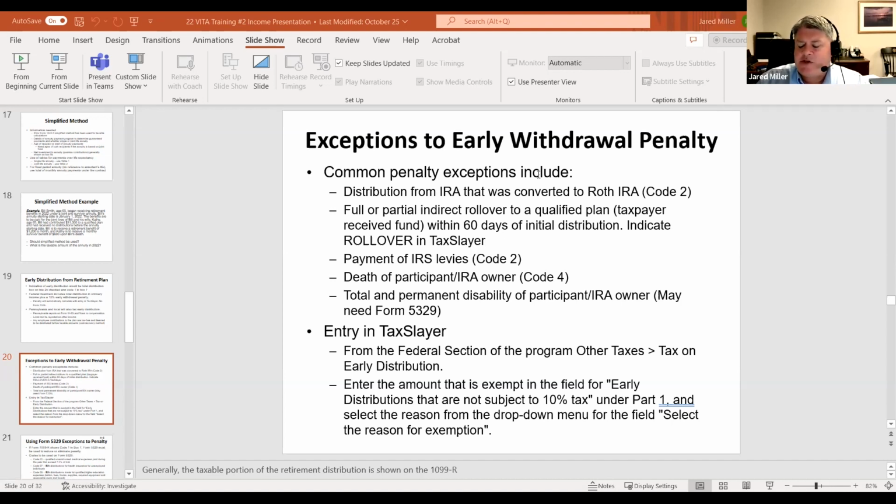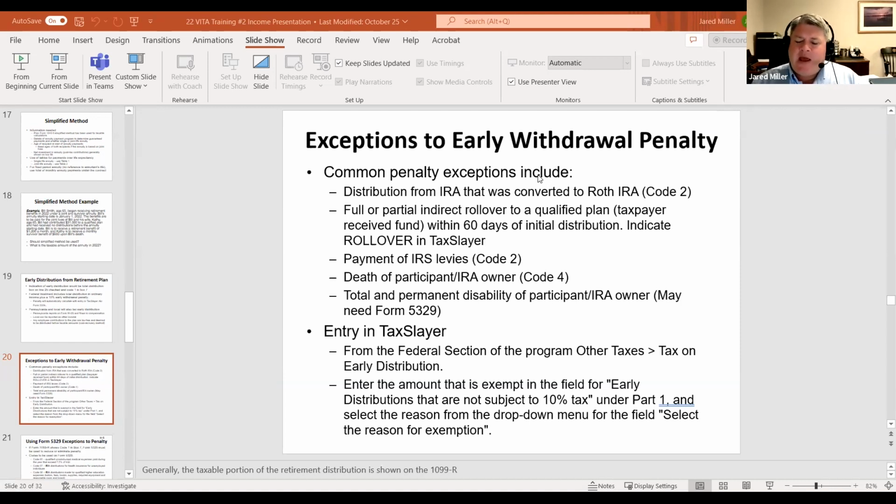We may see that you have a distribution from an IRA to convert to a Roth IRA. A very popular planning technique this year, particularly with the stock market going down in value, is to convert your IRA assets to a Roth IRA. What happens when you convert those is the balance becomes taxable. But the good part is, if you were thinking about doing it, now's a good time to do it when the market's down and the values are down. You can convert that to a Roth IRA at a much lower value, and you're going to pay tax on a much lower dollar threshold. While that's going to be taxable, that's not subject to an early withdrawal penalty. So if the monies were used to convert to a Roth IRA, we're in good shape.